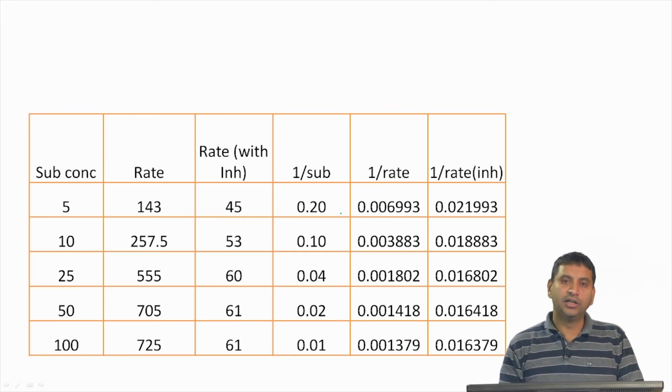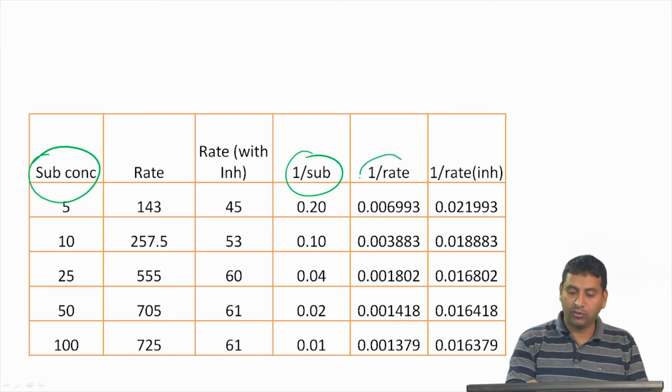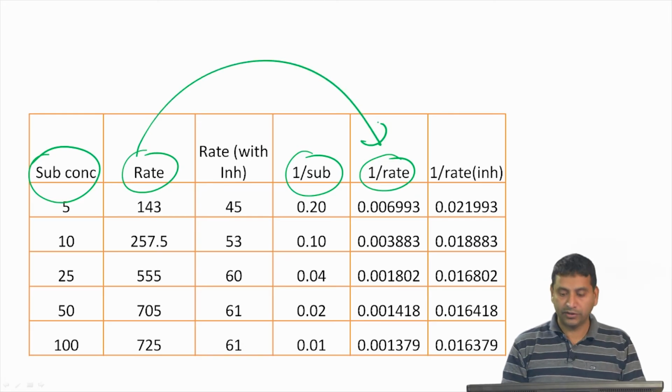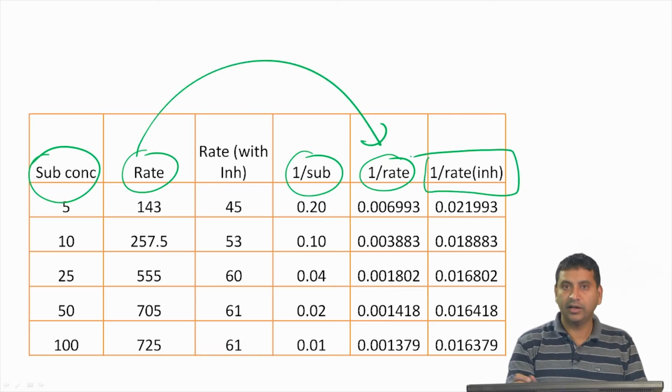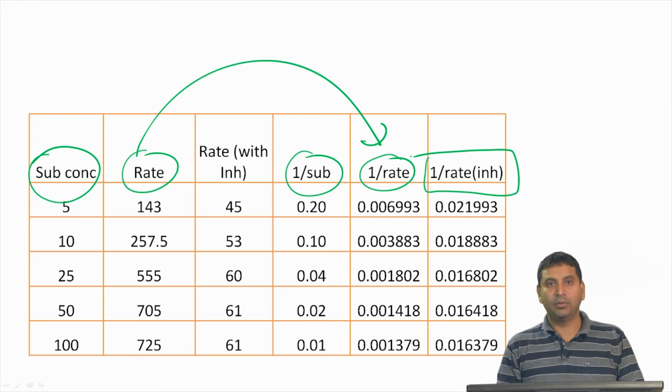So, the first step is to take an inverse. You take 1 by substrate concentration, and then you do 1 by rate, which is basically 1 divided by this, and the last one is the 1 by rate of the reaction in the presence of the inhibitor. These are the numbers that we get, they are all very long numbers, so I am not going to read them out. But now you can start by plotting 1 by substrate concentration versus 1 by rate for the